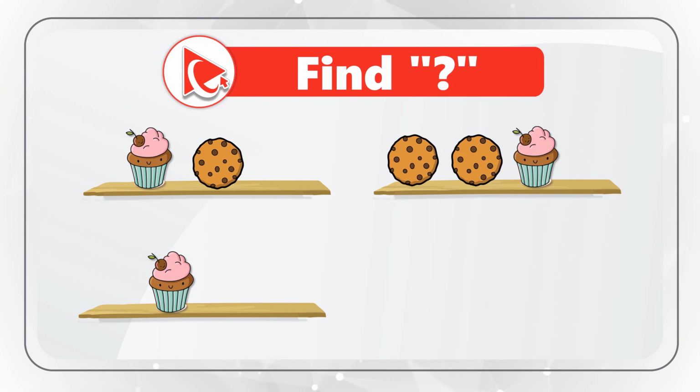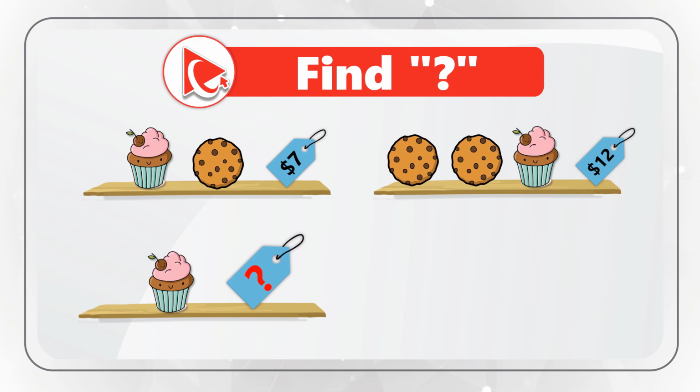There are 3 sets of items, and 2 sets have price tags associated with them, and the last set does not, and you need to calculate the price tag for the last set. The first set consists of 1 cookie and 1 cupcake, and the price tag for the first set is $7. The second set consists of 2 cookies and 1 cupcake, and the price tag for the second set is $12. The last set consists of only 1 cupcake, and you need to calculate and select the price for the cupcake out